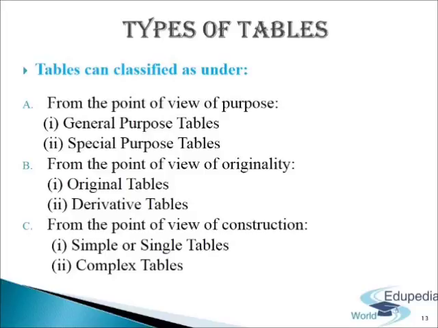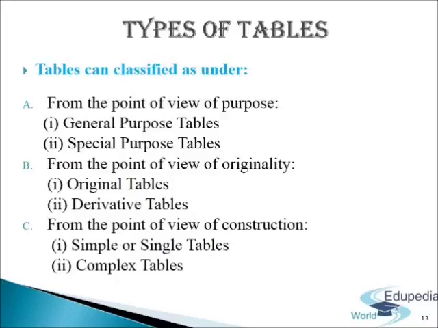Special purpose tables can be called text, summary or analytical tables. Such tables are small in size and designed to highlight a particular set of facts in a simple and analytical form. They are made to provide the results of analysis in an effective way so that one finds it easy to make comparisons and see clear relationships.